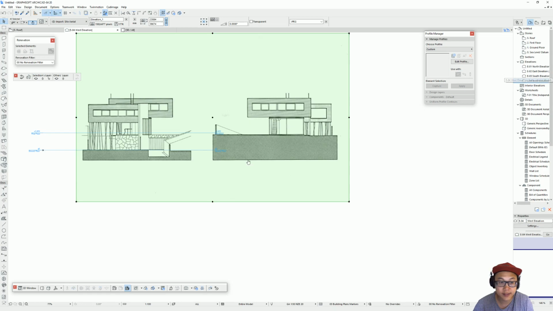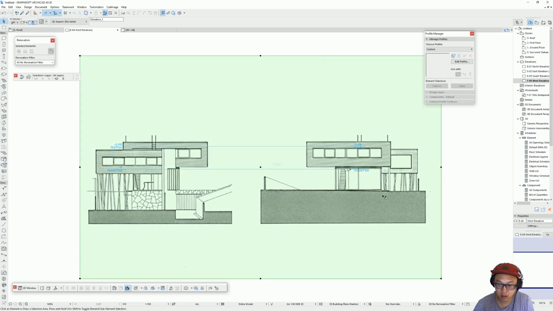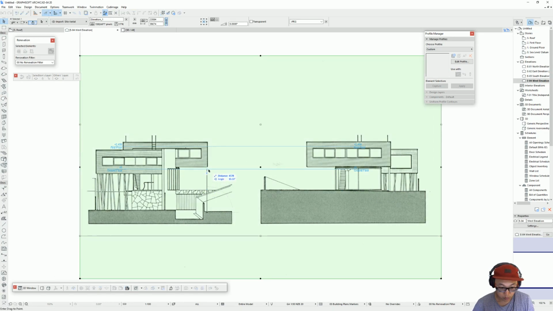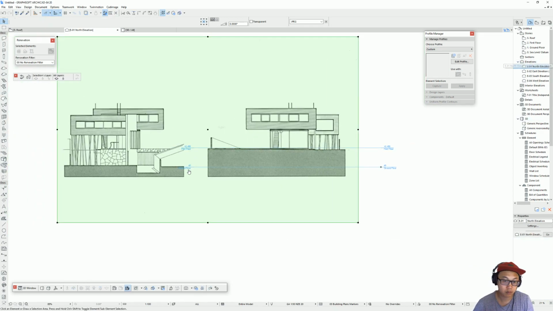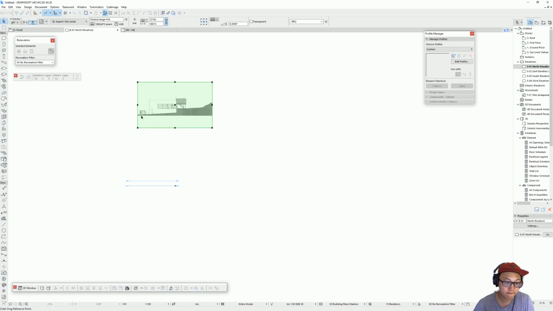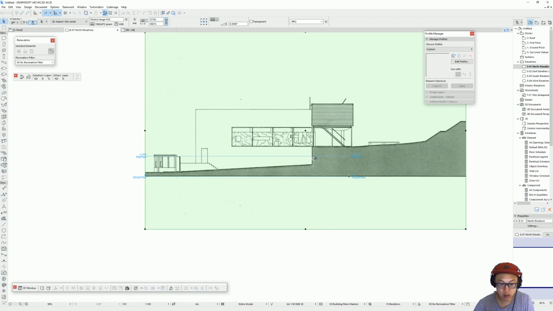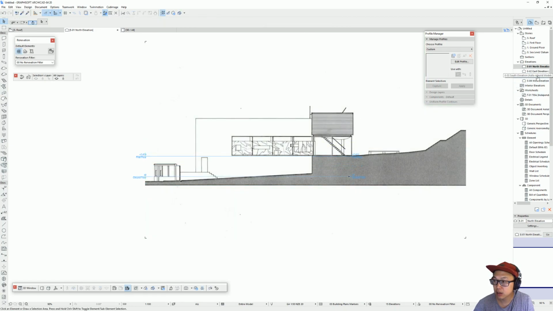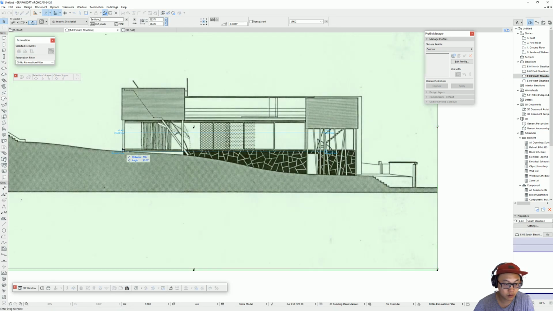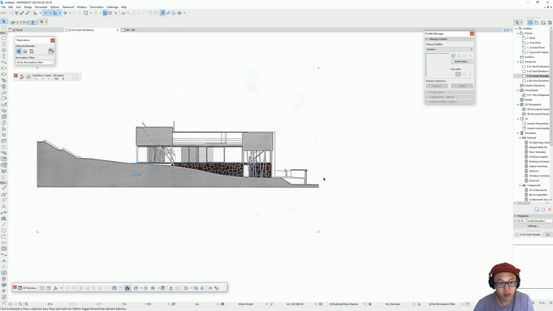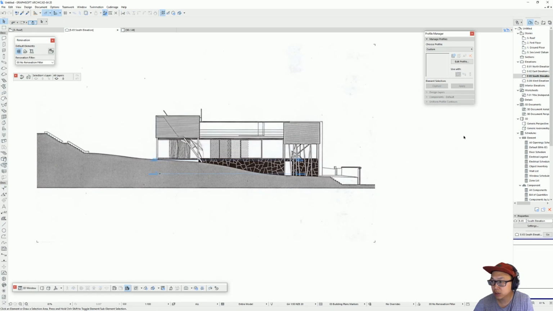Copy, go to west side, paste it, and just going to move that here, so it should be around there. This one I'm going to bring here, and like that. There's a south. This one's gonna be here. Okay, so now we have our floor plans, drawings, and